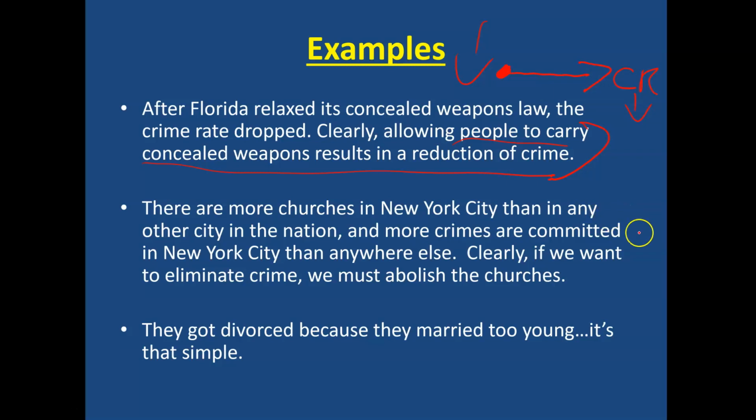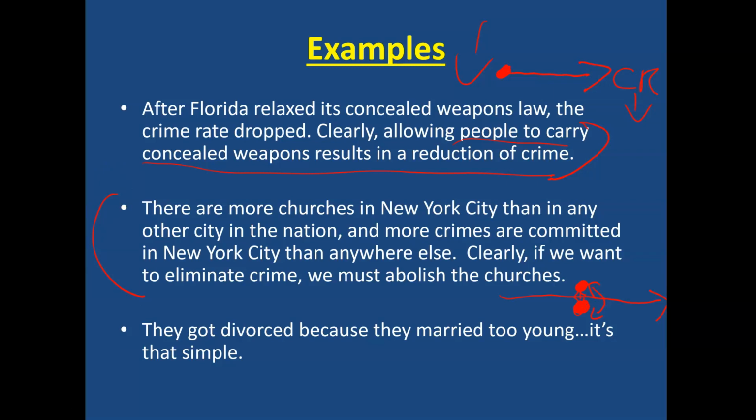There are more churches in New York City than in any other city in the nation, and more crimes are committed in New York City than anywhere else. Clearly, if we want to eliminate crime, we must abolish the churches. So here, this is saying, look, in New York, we've got the highest crime rate and the highest church rate. And these are coincidental, right? So there must be a causal relationship between the two. And perhaps there is, but unless the argument spells that out carefully, you can accuse it of the fallacy of